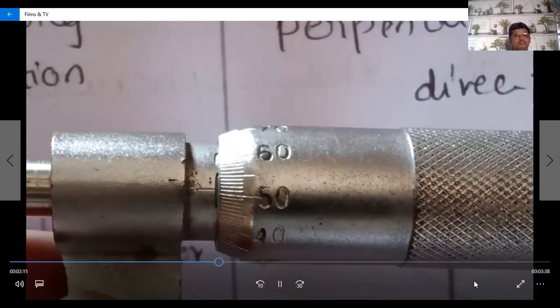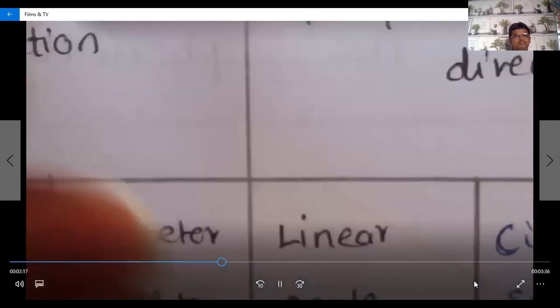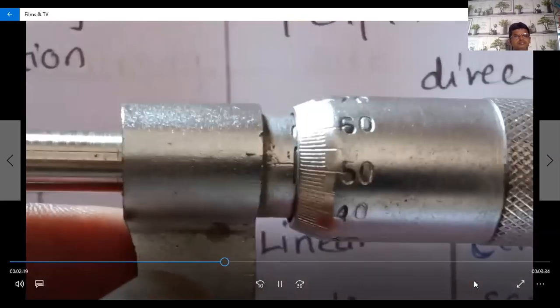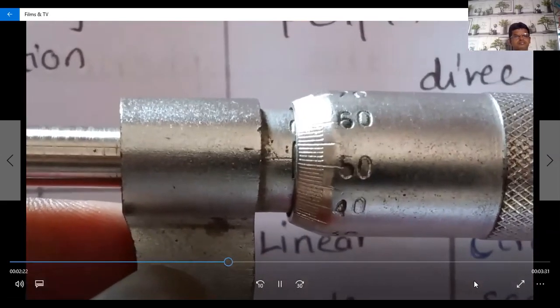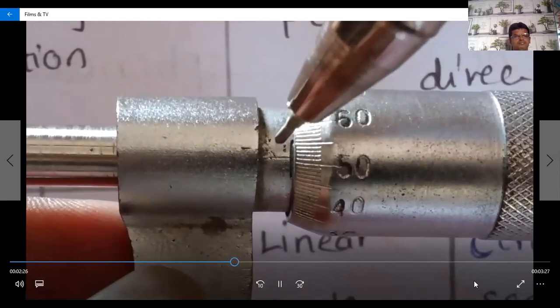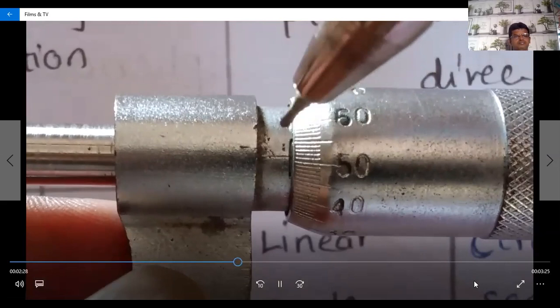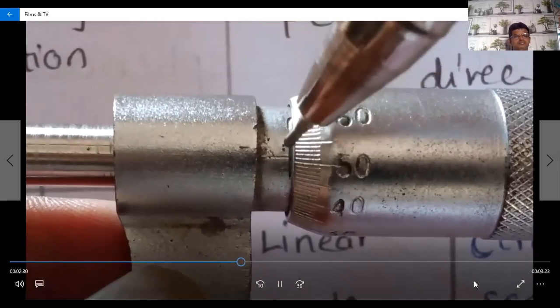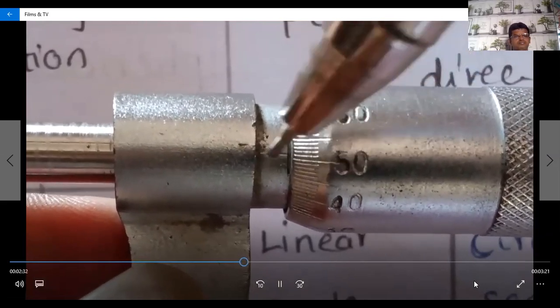So here is a very easy method of showing a second division like a circular scale. We again see here main scale 0. How is that possible? Because we are not showing any type of main scale division. So at that time we consider main scale 0 and the circular scale.